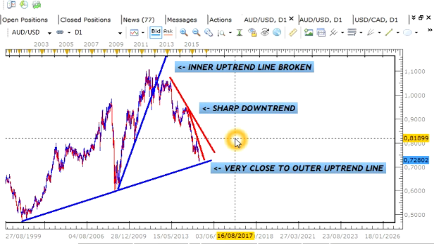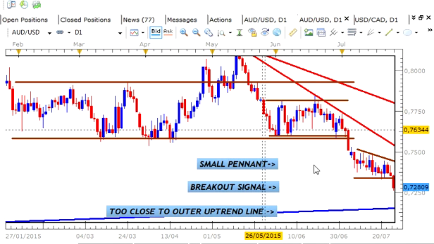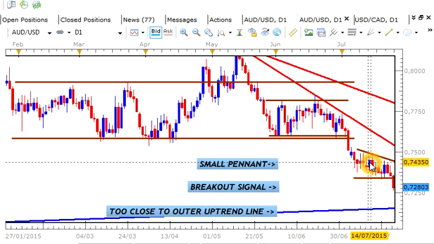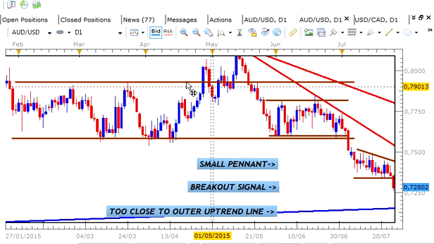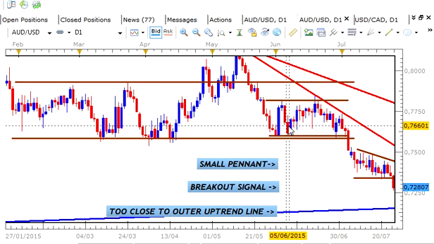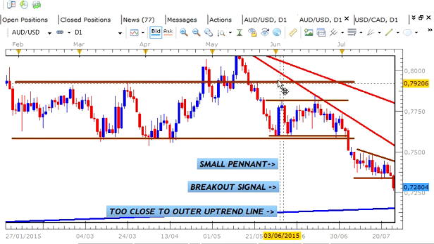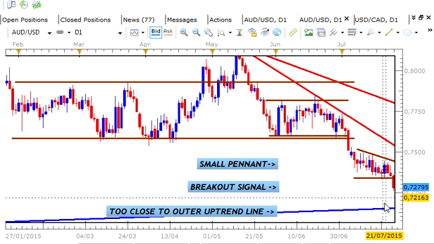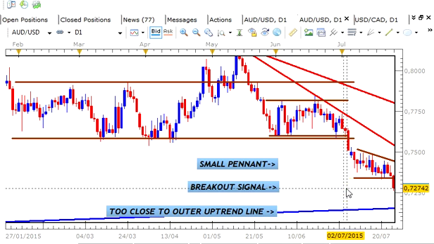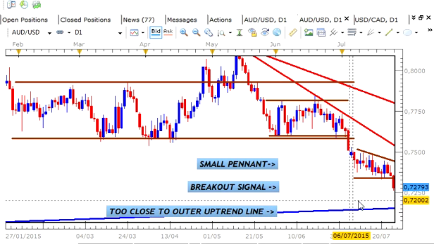So let's take a look at the situation on the closer view of this pair to see what we have. Here we actually see that the pair broke out of this small consolidation setup below this larger range and this somewhat smaller range setup at the support area here. So this appeared to be a continuation of the movement, bearish in favor of the US dollar towards this outer uptrend line. As tempting as this might be, trading towards this uptrend line could present some difficulties and